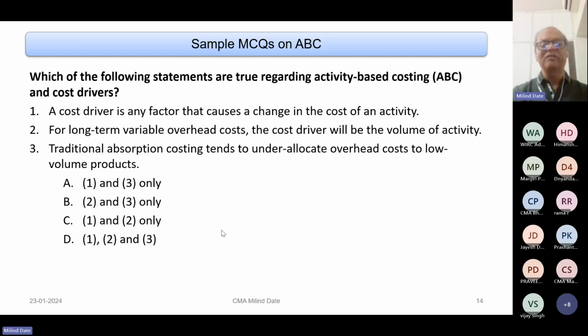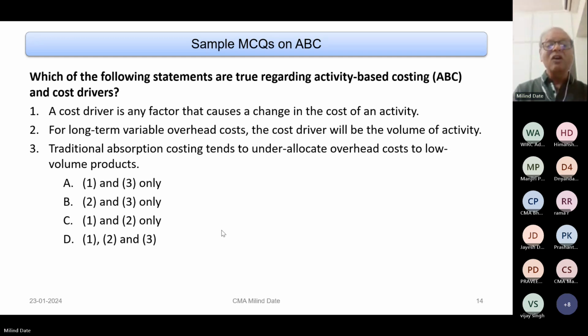Let us check each statement for its correctness or otherwise. Statement 1, if you see, has provided the exact definition of the term cost driver. So naturally, statement 1 is correct, no doubt about it. Now, if you look at the options, and you find that statement 1 is correct, that means the answer could be A or C or D. B is ruled out because B says only 2 and 3 are correct. You remember last time I told you the technique about approaching MCQ. This is the way I'm illustrating. So statement 1 is correct because it's the definition of the term cost driver.